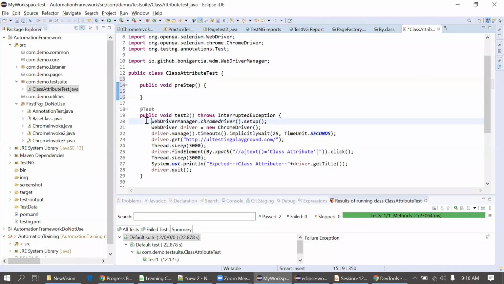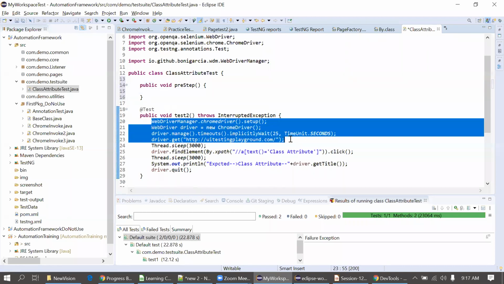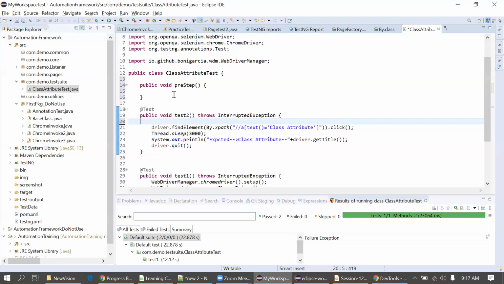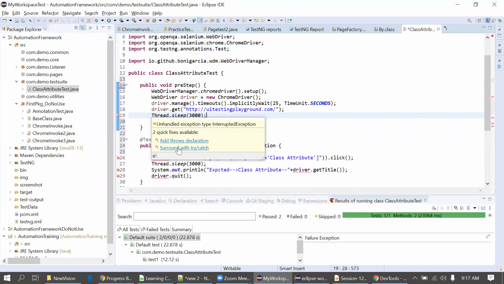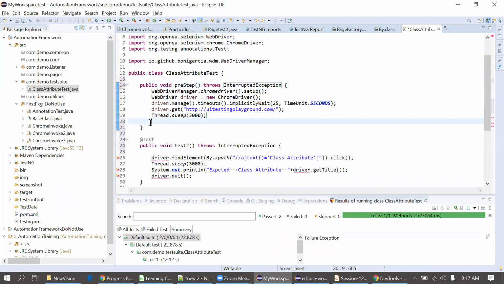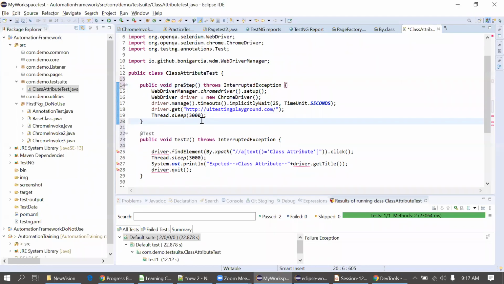I will copy the first 4 lines, including Thread.sleep, cut them, and paste them here. Okay, I will delete this. We are going to handle the wait as well in an upcoming session. For now, I'm just putting this hard-coded wait, Thread.sleep.